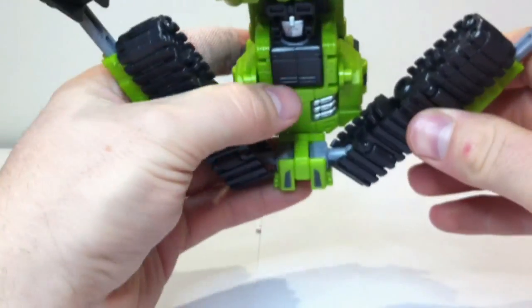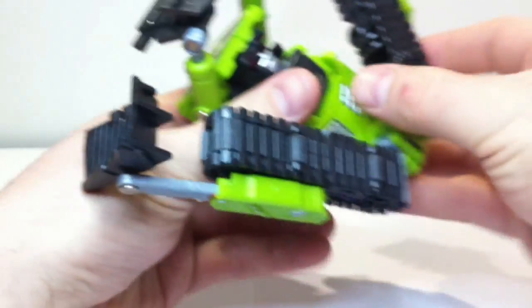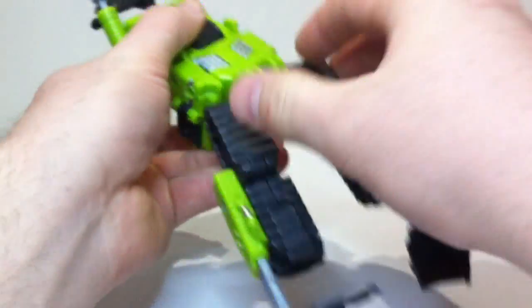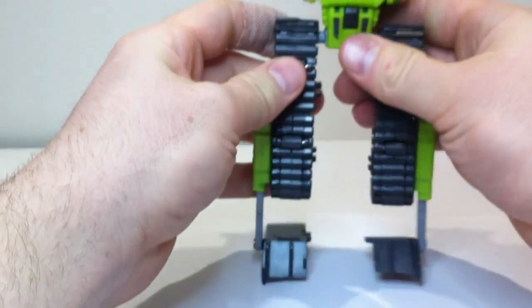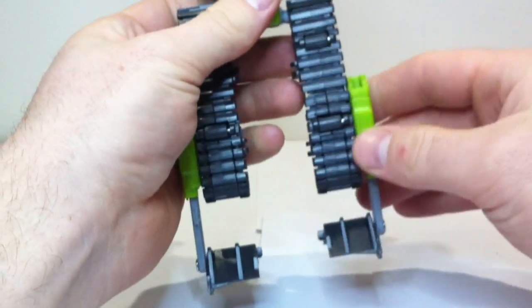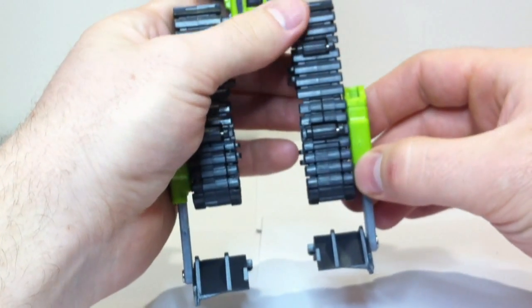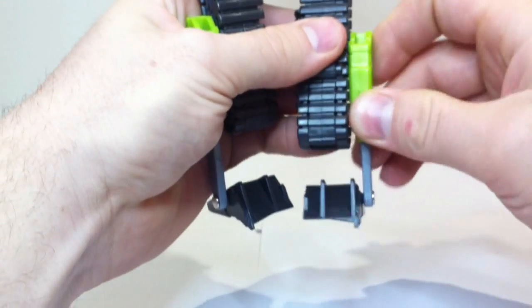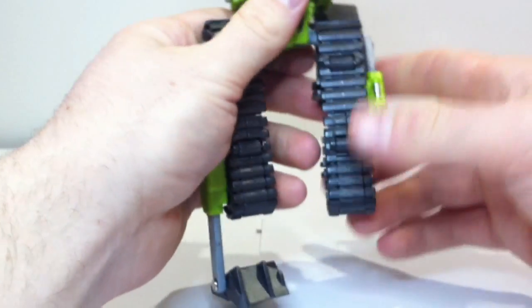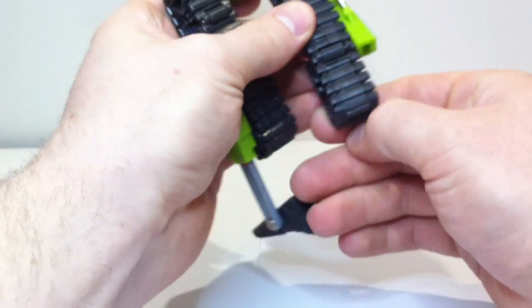Now, as for transformation, first thing I'm going to do is separate these bits off here, and it will just let the legs out. Now we're going to bring that all the way down and rotate that around. So that gives you this weird looking thing. Now with the legs you can do two things. You can either rotate this green piece around and have that back there, and just like on,